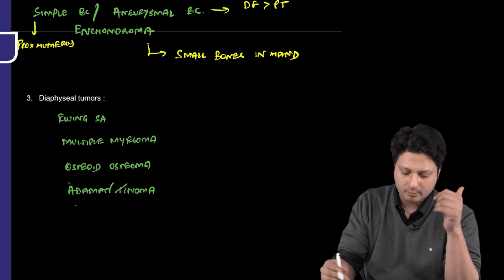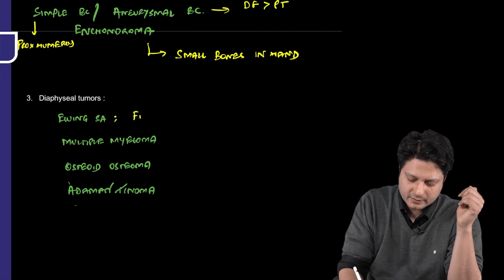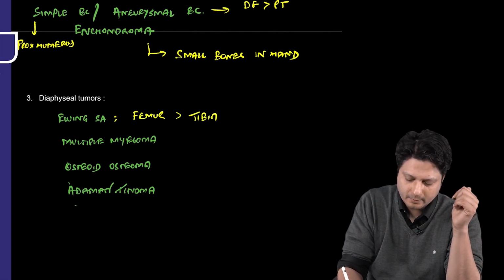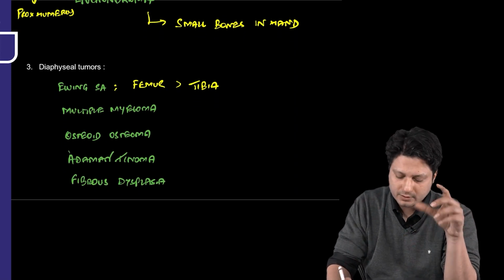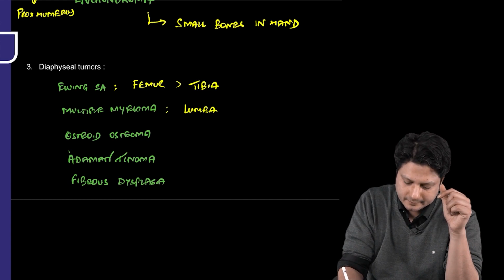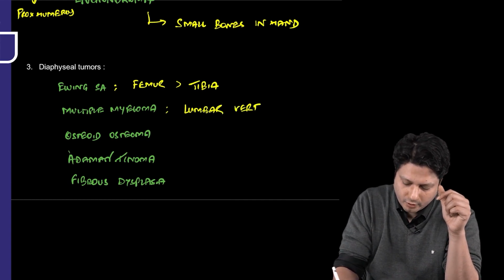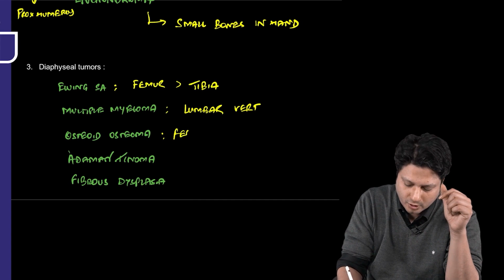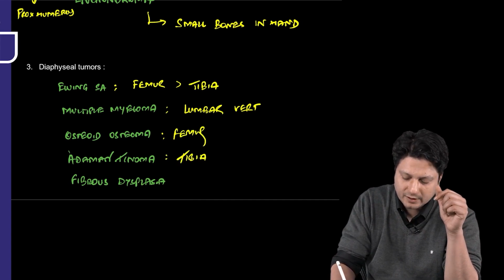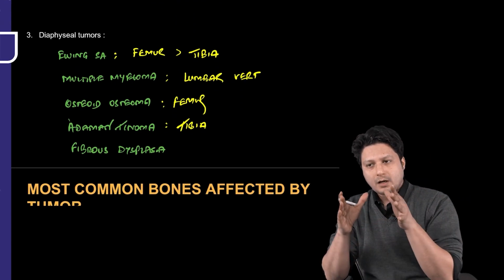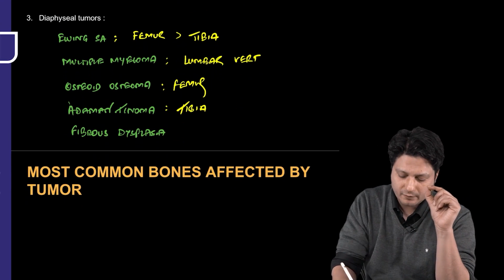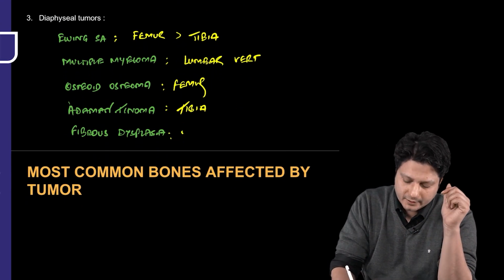Now, Ewing sarcoma. The most common bone to be affected by Ewing sarcoma is the femur. The second most common bone to be affected is the tibia. So femur and tibia are the most common bones. For multiple myeloma, it is the lumbar vertebrae, which is the most common site. For osteoid osteoma, it is the femur, which is the most common site to be affected. For adamantinoma, it is the tibia, because almost 85% of the cases of adamantinoma involve the tibia. Tibia is the most common site to be affected. And finally, fibrous dysplasia, it is the femur